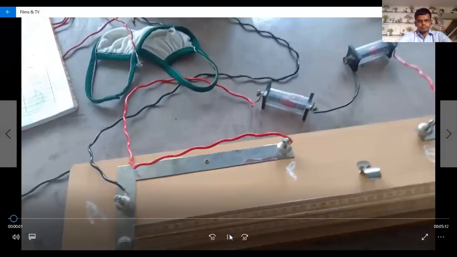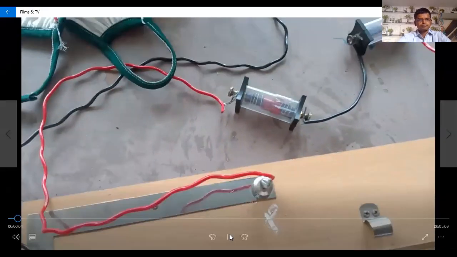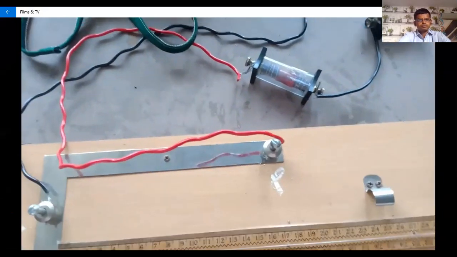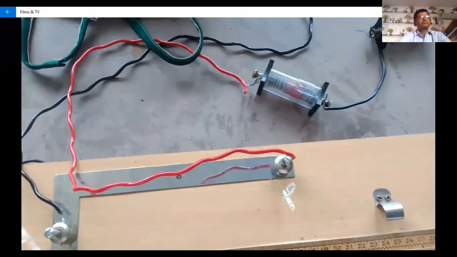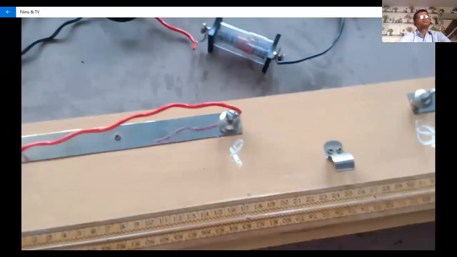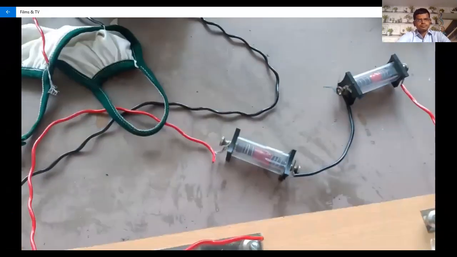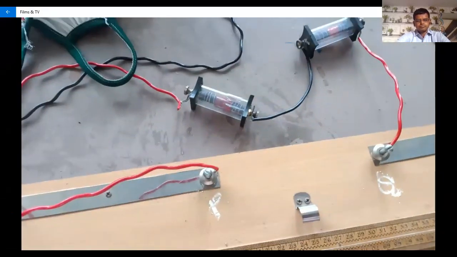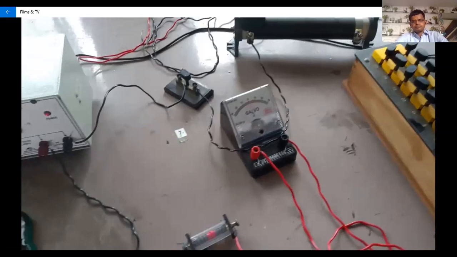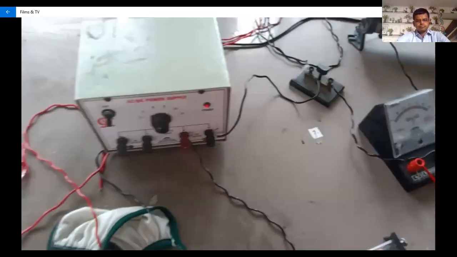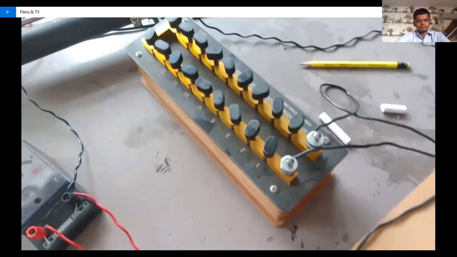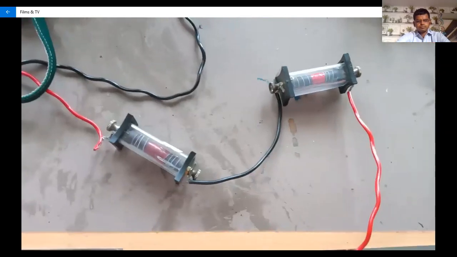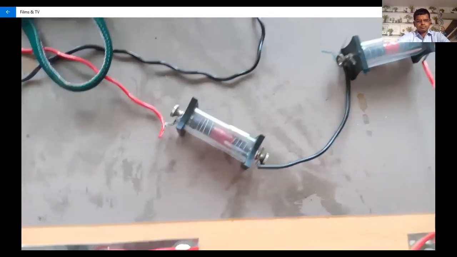Now today we are showing a live demo of practical number 3. It is a repeat-based practical like the Wheatstone bridge. In the second practical, we found the unknown R value with the help of the R box. Today the connection is exactly the same: a Wheatstone bridge, a rheostat, one galvanometer, a simple key, batteries, and the R box. But today is different. Today we show two unknown resistances, R1 and R2.